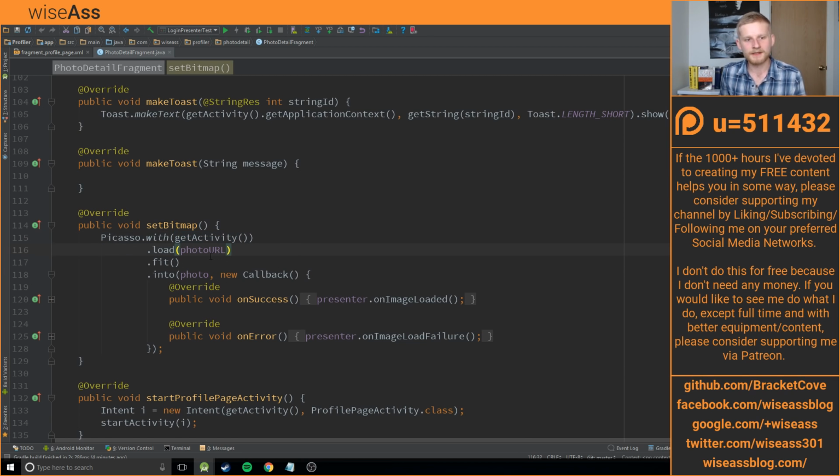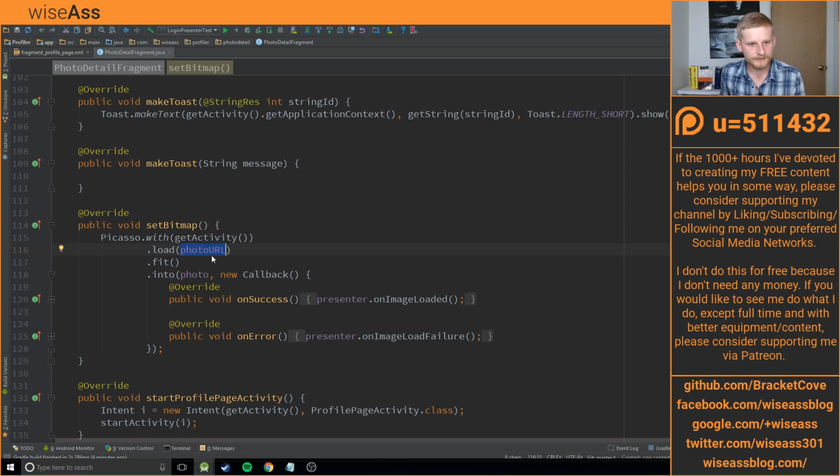That's the first thing. And Picasso uses what I believe is called a builder pattern. I'm not even sure if you would call it a pattern, but it's a builder. Anytime you see these chained method calls, that's a pattern you can use, which is really awesome if you're making APIs. Just a random little tangent, but what you can do is, so this method load, you can provide it